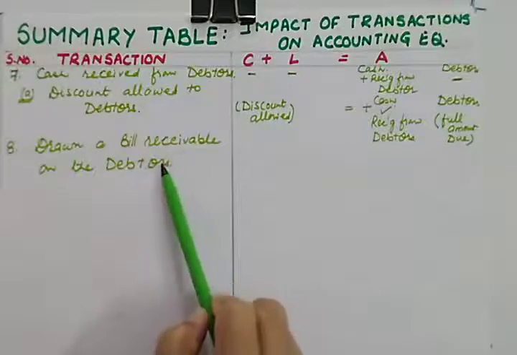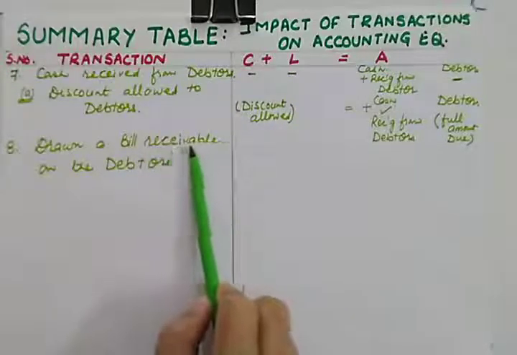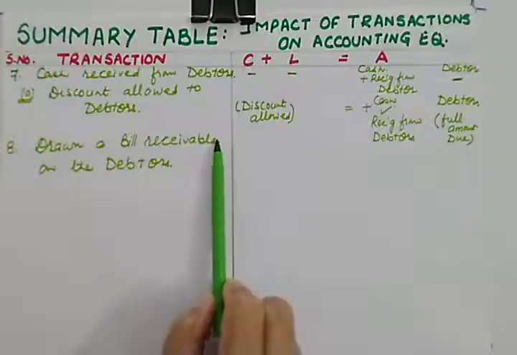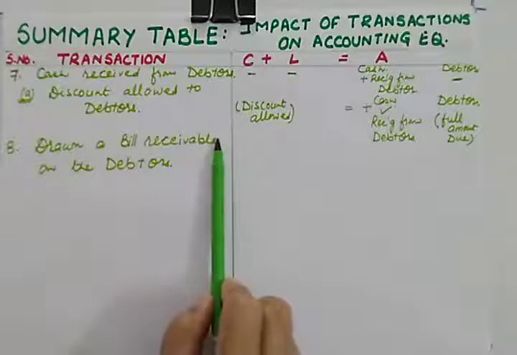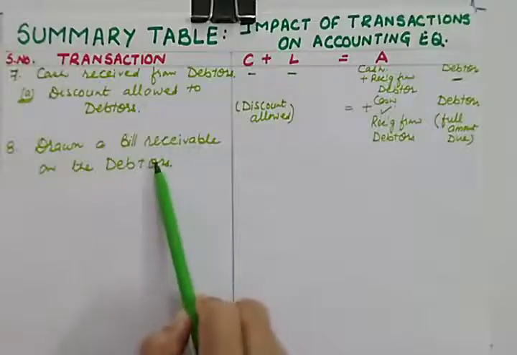So what is the main benefit when we make him time bound? That we don't have to remind him again and again. Whatever is written on the bill, he will have to follow the instruction, and if he is not following the instruction, meaning if after 2 months, whatever is written on the bill, he is not turning up, in that case we can take legal action against him. So I hope this is clear to you.